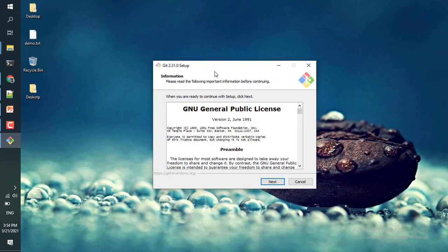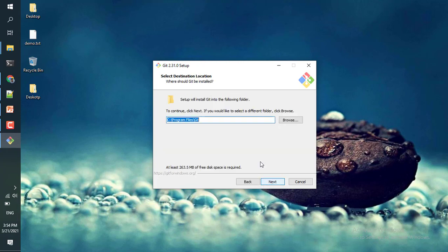Okay, that is the first interface of the Git application. Just click next.